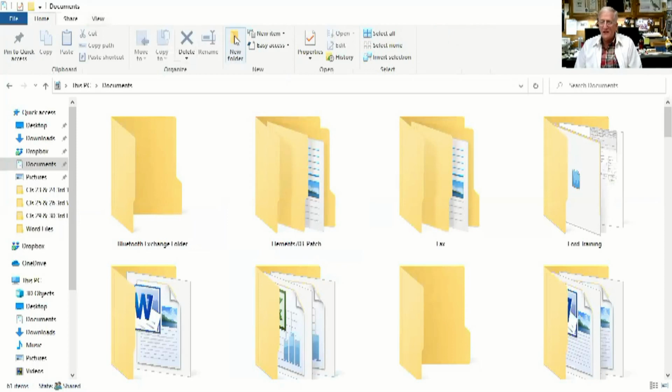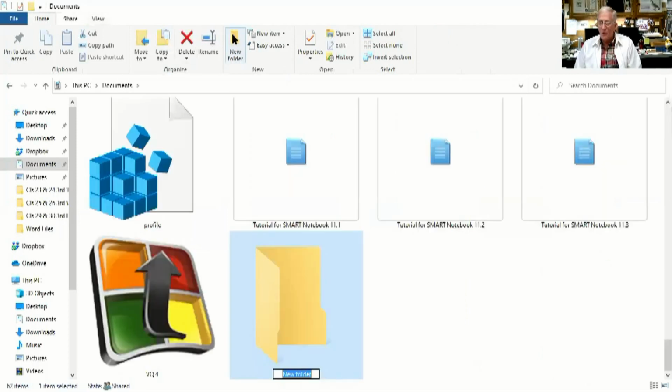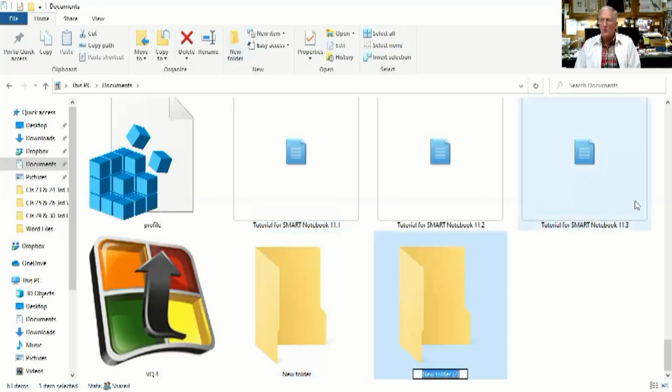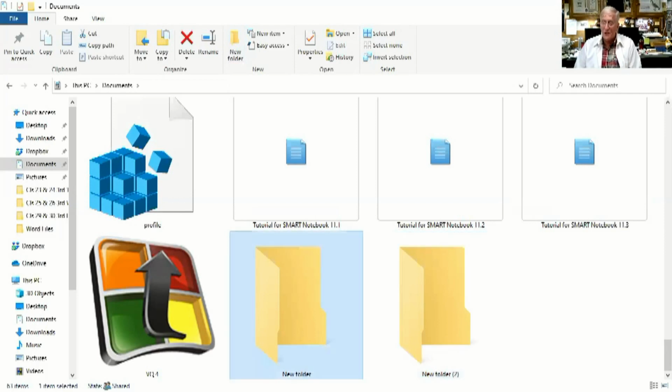For a new folder, we go over here and click on new folder. I'm going to click once. There's one new folder. I'm going to click again. There's a second new folder. Now I want to give them different names. If I click on them slowly a couple of times, the name can be changed. My first folder is going to be called PDFs